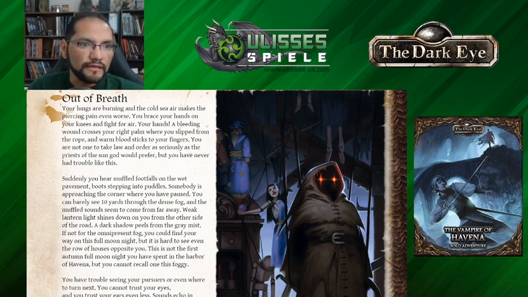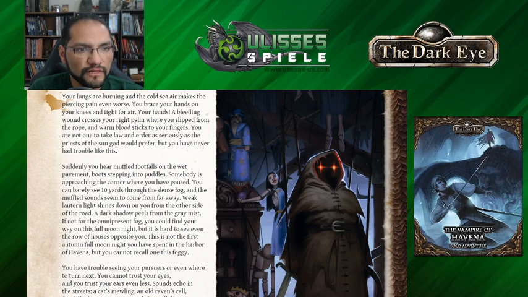Your lungs are burning, and the cold sea air makes the piercing pain even worse. You brace your hands on your knees and fight for air. A bleeding wound crosses your right palm where you slipped from the rope, and warm blood sticks to your fingers. You are not one to take law and order as seriously as the priests of the sun god would prefer, but you have never had trouble like this. Suddenly, you hear muffled footfalls on the wet pavement, boots stepping into puddles. Somebody is approaching the corner